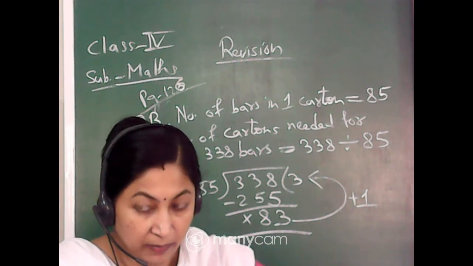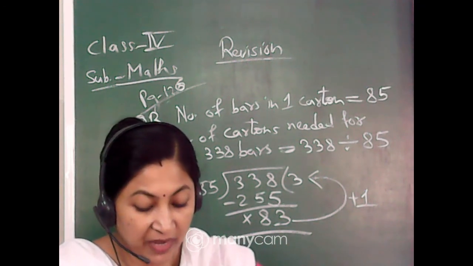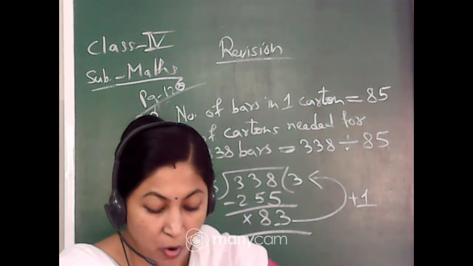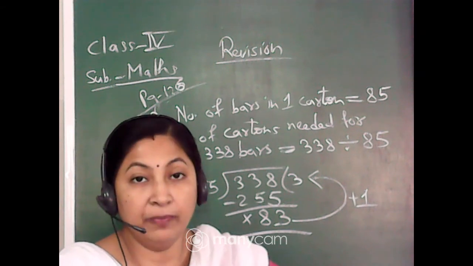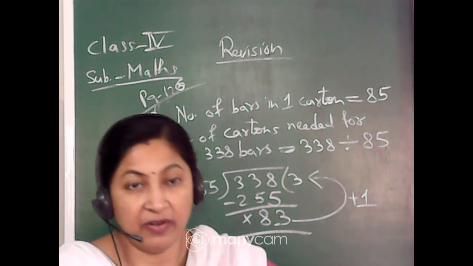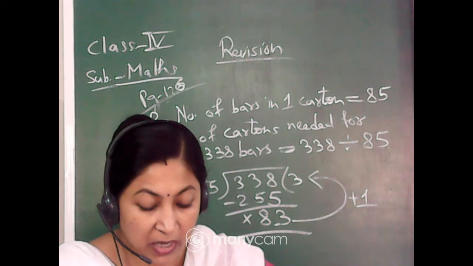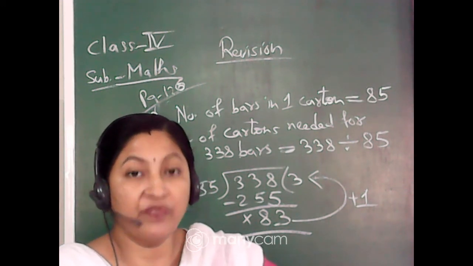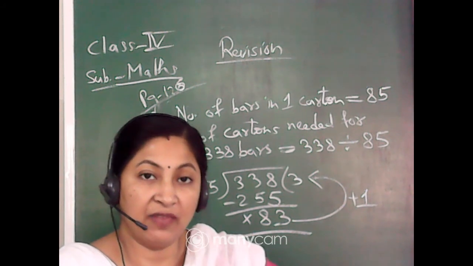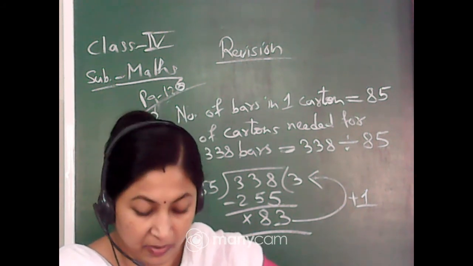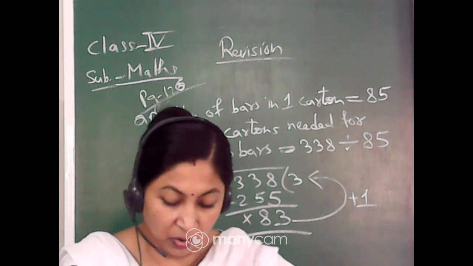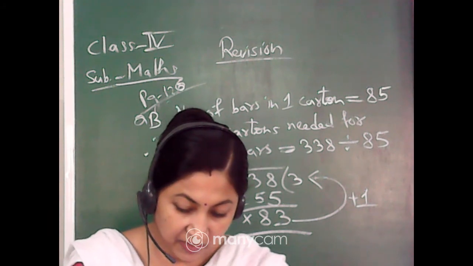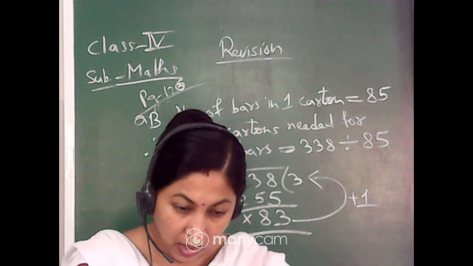Now next one. A driver charges rupees 500 for a trip. How much will Manpreet pay the driver for all the trips? Now for one trip the driver is taking rupees 500. You have to find out for all the trips how much he is taking. First of all you have to find the number of trips the truck is making, and that will be multiplied by this 500. Okay, so these questions you solved, and the rest of the questions we have already revised, so you revise once again.